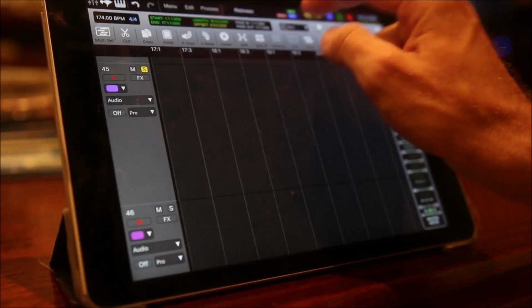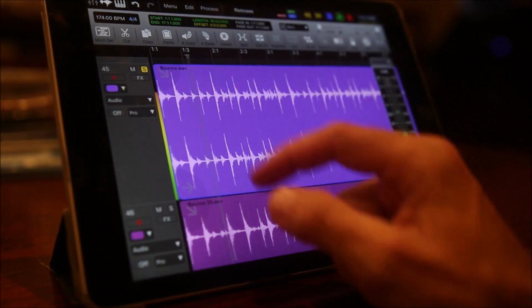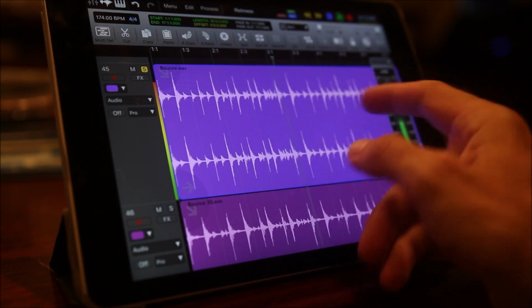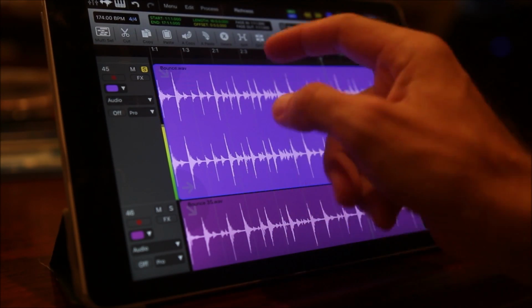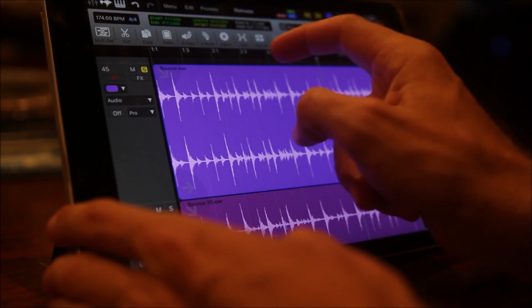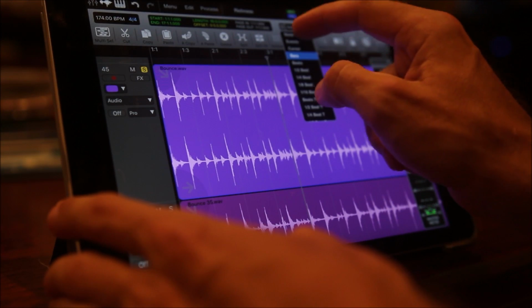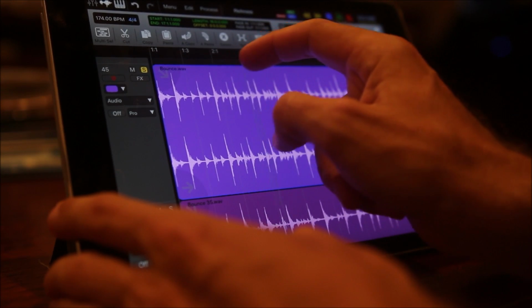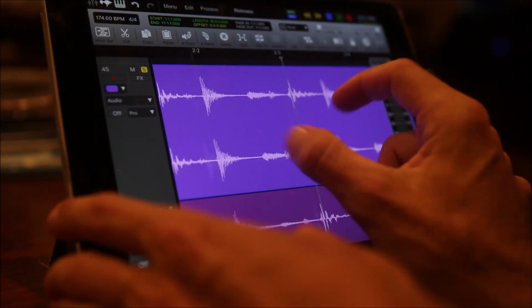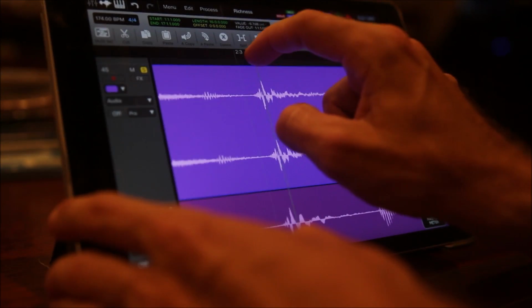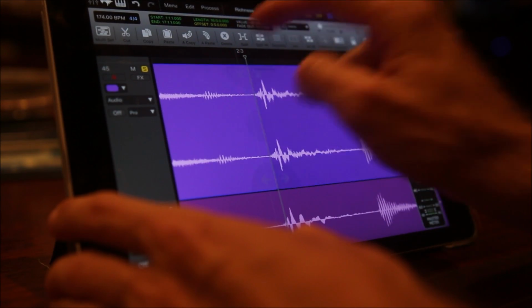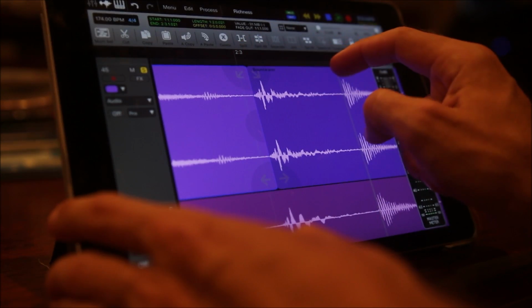and hit them, split them up exactly where I want them, take off any quantization, zoom right in, and just split them all up into the individual hits.